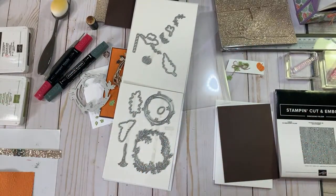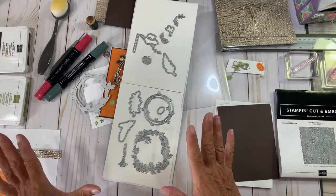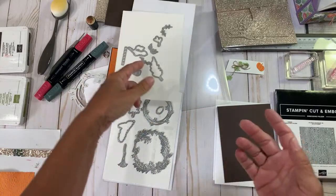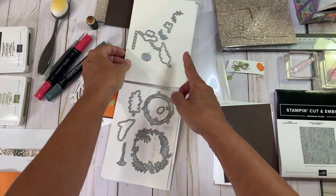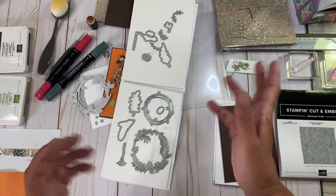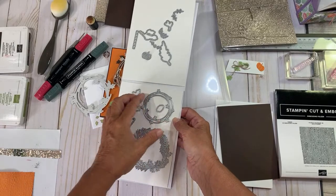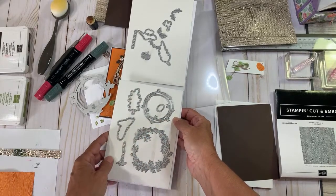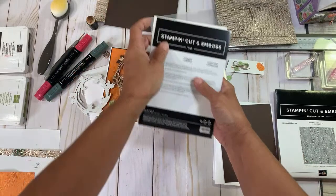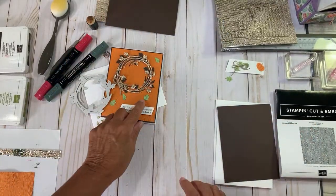Yeah, some people are Halloween people and some people aren't, but I promise you, the card tomorrow, you could use everything the same. You could change the bats to pumpkins or leaves and just the sentiment, and you would get the same kind of card. I think these stars are really cool right here. But anyway, really, really nice bundle. Okay, and I am using the